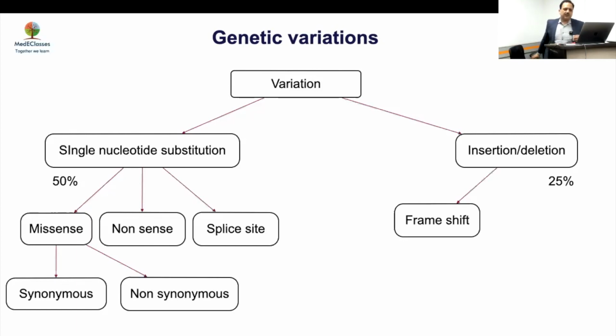What is frame shift, Naveen? The entire frame changes. Yeah, so you will have changes that are not a multiple of three. So 1, 2, 4, 5. If you have that, your whole frame will shift. Or it can be in frame. This could be the other possibility, in that your change is 3. So one amino acid is changed, remaining are the same.